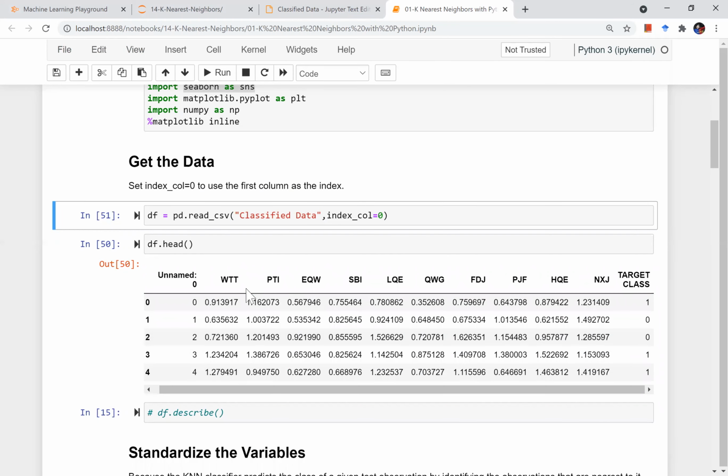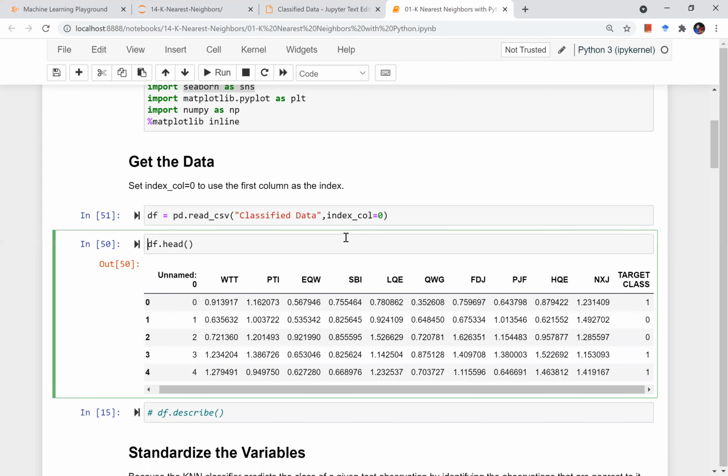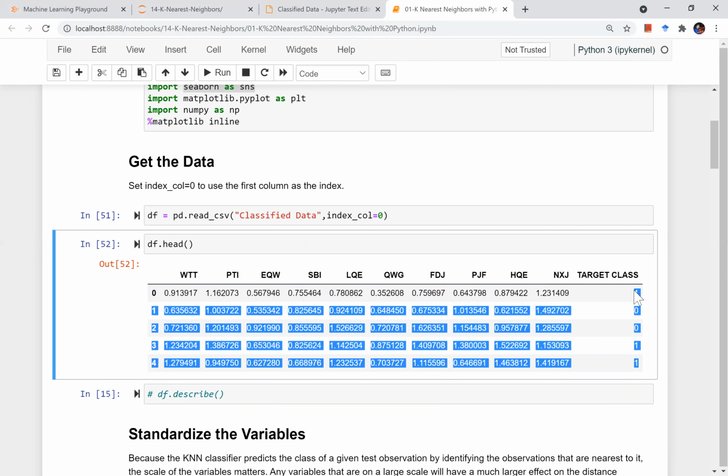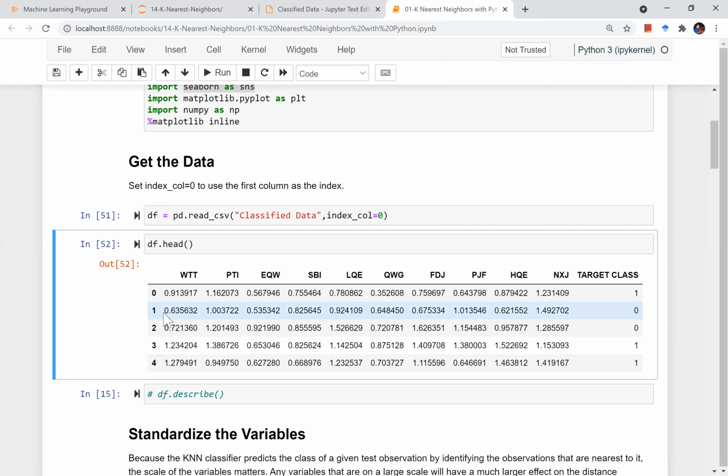Now my data looks like this. The column names are not identifiable. They are anonymized, but I have a target class. So based on all these values, this row belongs to class 1. Based on all these values, this one belongs to class 0. You can think of it as, based on all these different biological parameters, this animal belongs to the horse class. 1 is horse, 0 is dog. Based on all these biological parameters, or whatever parameters, this particular animal belongs to the dog class, right? Like that. So there are just 2 classes.